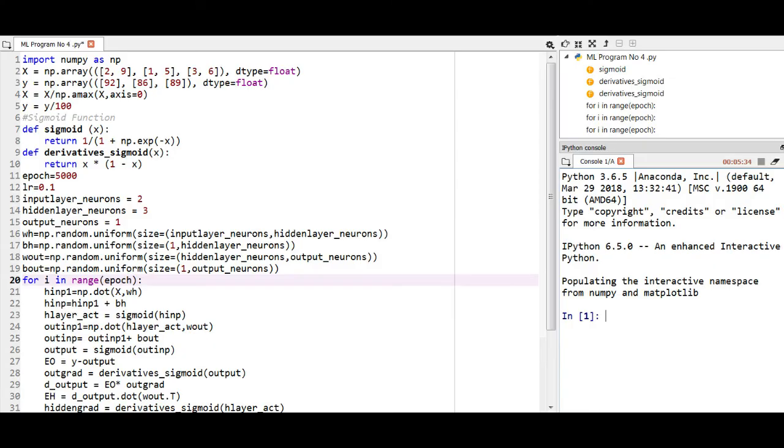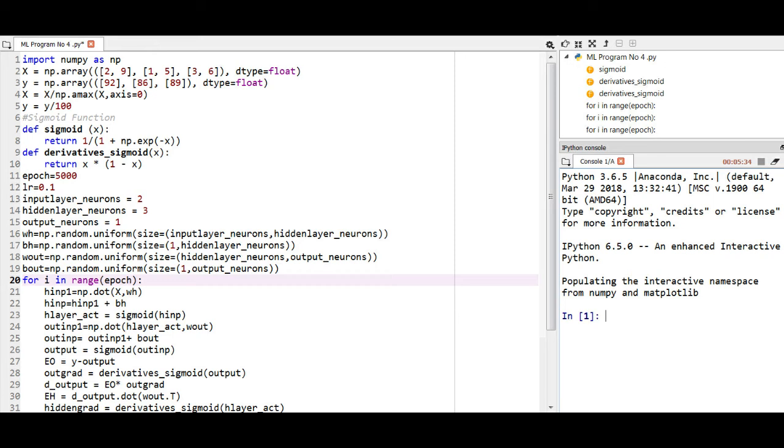Next, we have initialization of number of features, number of hidden layer neurons, and number of neurons at output layer. The number of features in data set is taken as 2. The number of hidden layer neurons considered are 3, and the number of neurons at output layer is considered as 1.